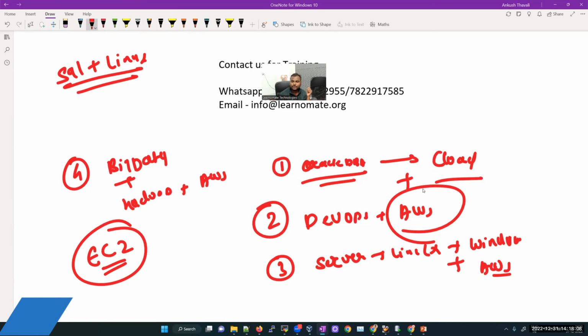So don't worry about whether it is good for you or not. I'm telling you upfront, honestly, on the recording, that AWS is the future, a really demanding future, and we already have 50% share in the market. So think on it, start as soon as possible before people jump into it, and try to grab the opportunity.